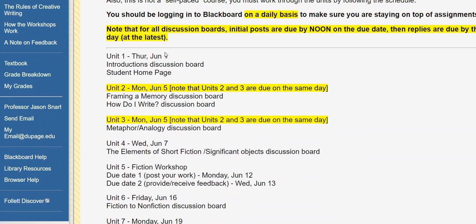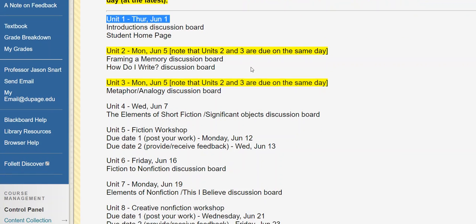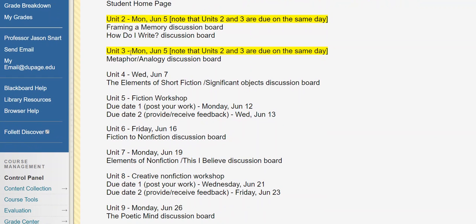Alrighty, so we had a pretty quick turnaround for Unit 1, but it was not a lot of heavy lifting there. Doing your student homepage, just some basic introductions happening. And now we have Units 2 and 3 due on the same day, which is today, Monday, June 5th. Again, I know it's a lot to pile into one very condensed time period, but keep in mind we've